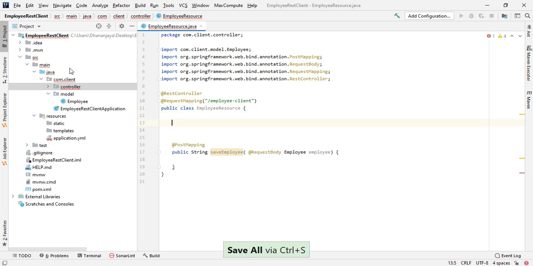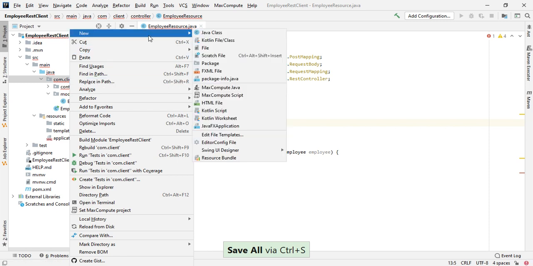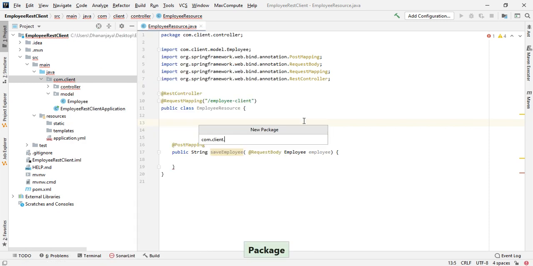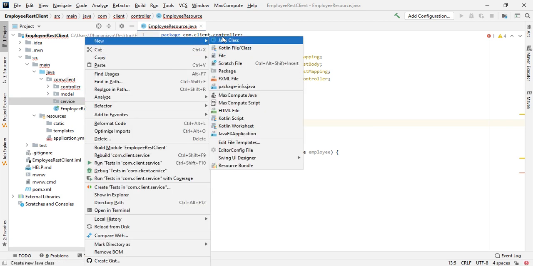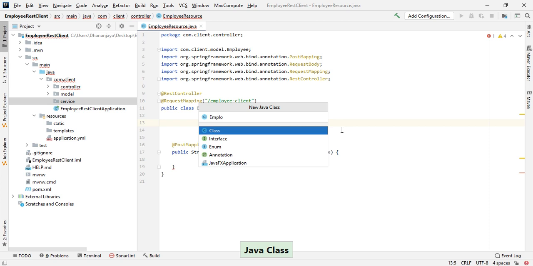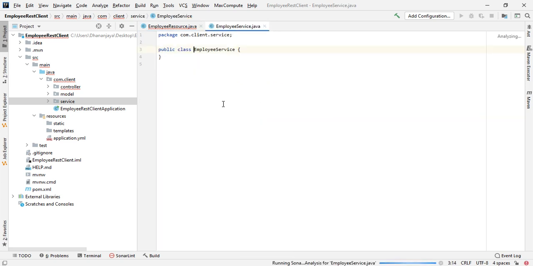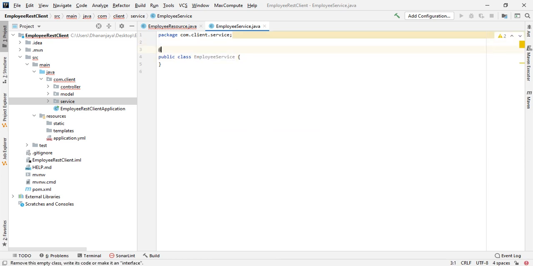let me create a service class. From there I will call the other API. Service, EmployeeService. Okay, so annotate this with @Service.